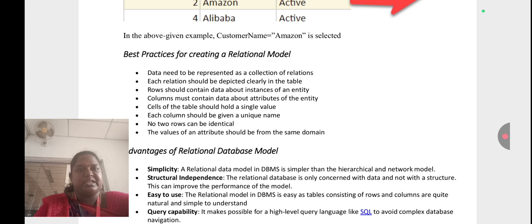The best practice of creating a relation is that data needs to be represented as a collection of relations. Each relation should be clearly depicted in the table. A row should contain data about an instance of an entity. Columns must contain